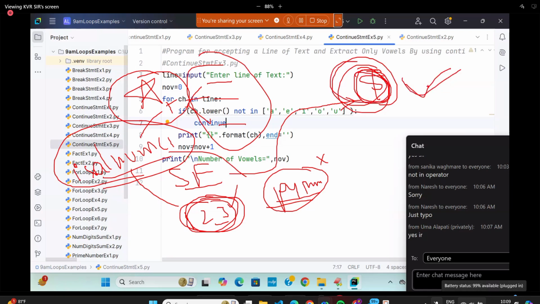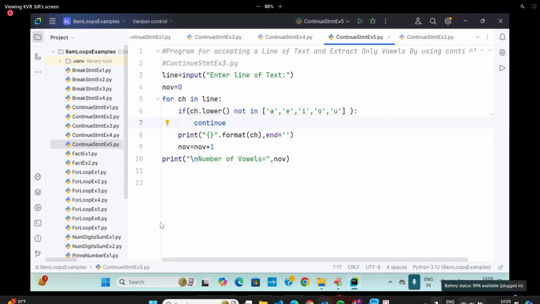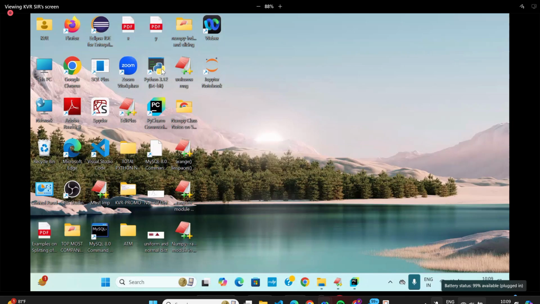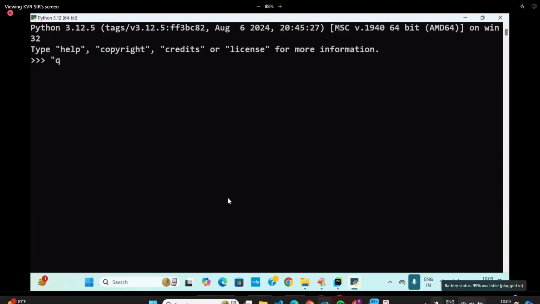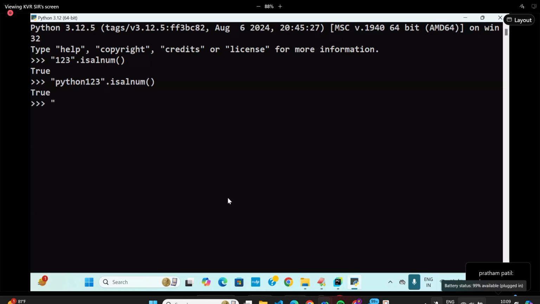Special symbol. Digits were already explained. If you don't remember it, that's the problem, because I cannot explain everything every day. So here you need to be careful. 1, 2, 3, dot: is it isalnum? Python, Python 1, 2, 3: true. Dollar is isalnum? Dot is isalnum? That's all, already explained. So where isalnum returns true,